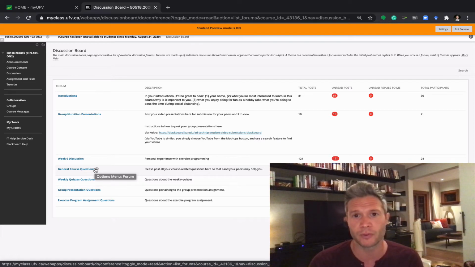Lots of benefit for both you and your peers this way. If you post a question about an assignment, so for example, hey, I was wondering what sort of font we were supposed to use on our paper. If you pose that within the assignments question area, forum, or thread, you're likely to be able to have a